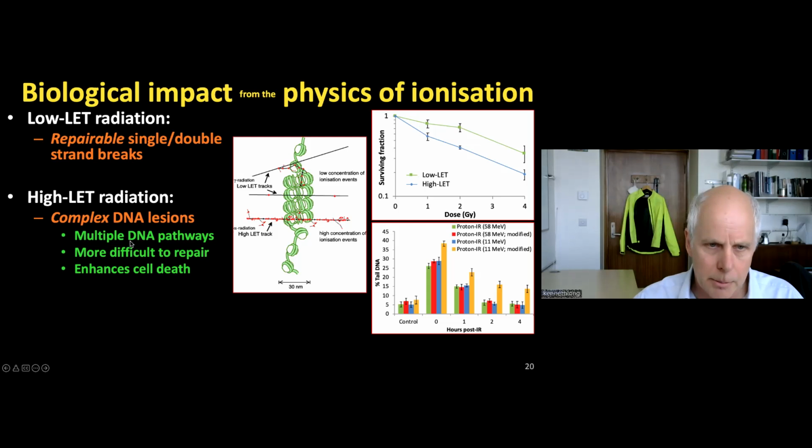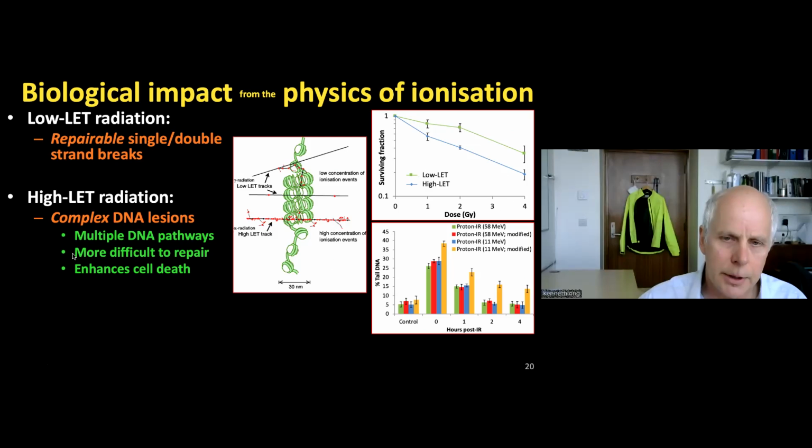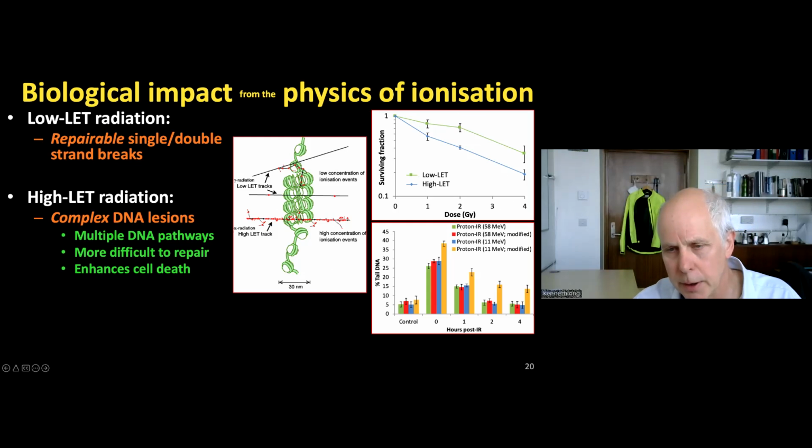That makes multiple pathways by which to create lesions in the DNA. That means it's more difficult for the cell to repair, and it enhances the cell death. If you look at the plots on the right-hand side, you can see the degree to which you can measure a difference between low LET and high LET